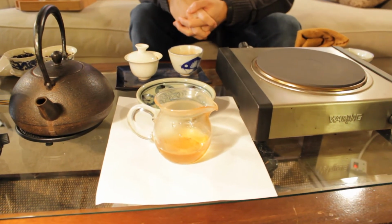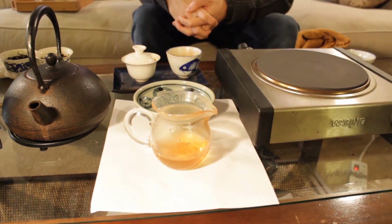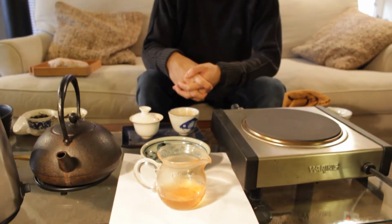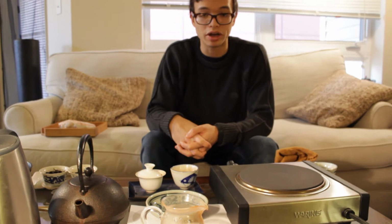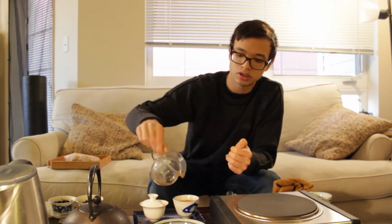Alright, there we are. And so there's a lot of semi-aged cakes available, and some of the other ones would be the White Whale, most notably from White2Tea. There's some on Yunnan sourcing that are pretty good as well. And this one's kind of a different one, and I think a lot of that is because of its storage. It's kind of like a more wet stored tea. So it kind of has this interesting, sort of slightly herby